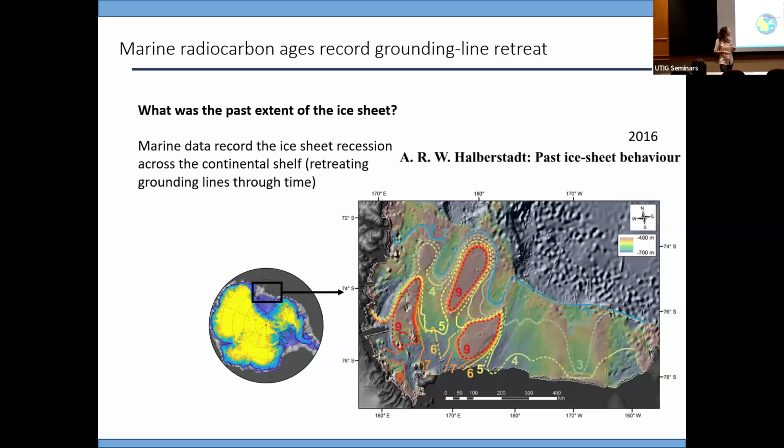If we look at marine data, these don't tell us the thickness change of the ice, but they tell us the spatial change of the ice. We can do this by surveying and coring the modern continental shelf seafloor. This is especially fun for me because this is where I started off my Antarctic journey during my master's, surveying the Ross Sea landforms of glacial retreat and then linking those together to map the grounding line behavior across the continental shelf. So here in blue is the last glacial maximum grounding line position. The ice sheet shrank, pinned on banks, eventually retreated to the modern configuration.